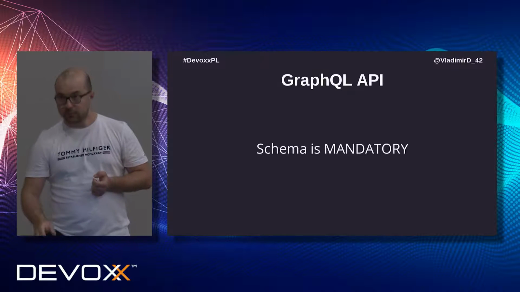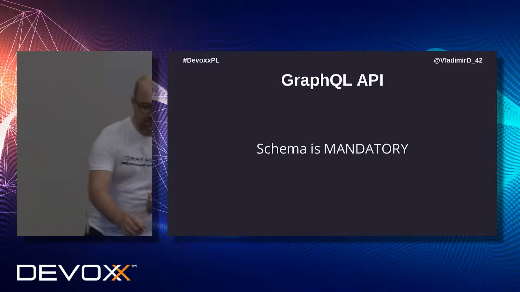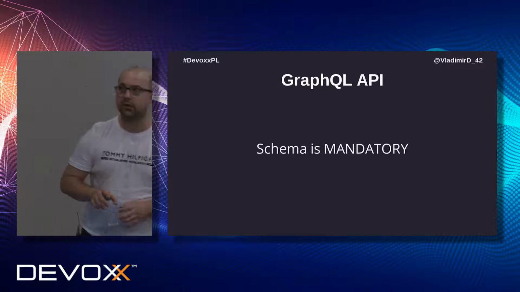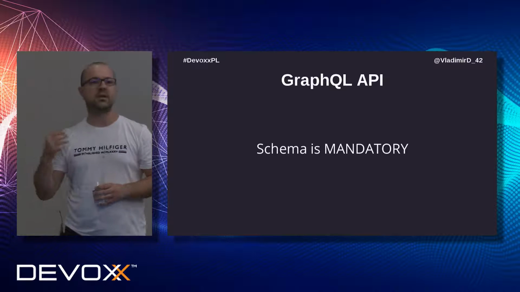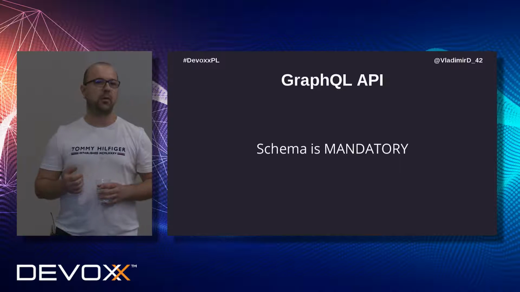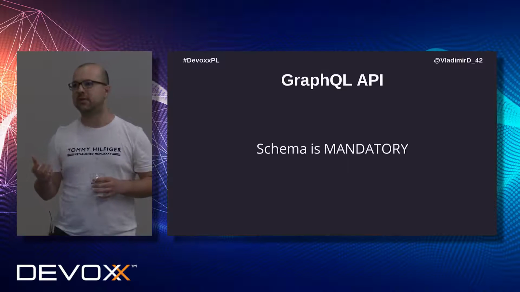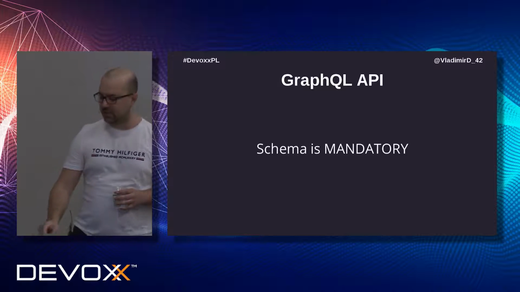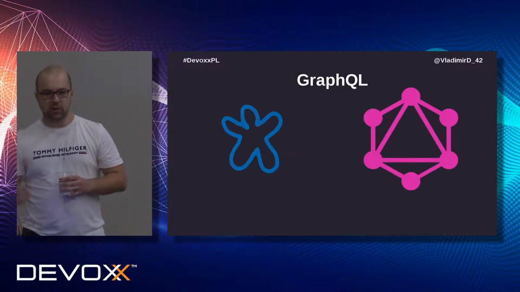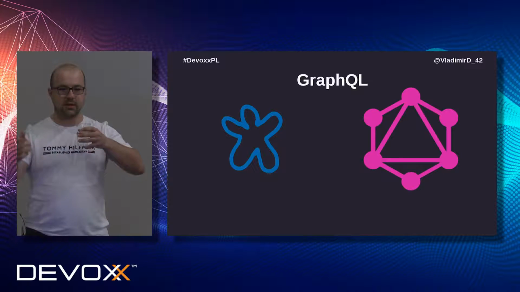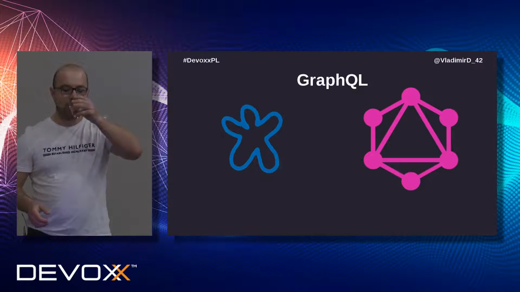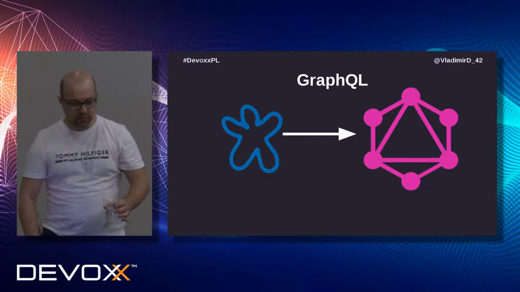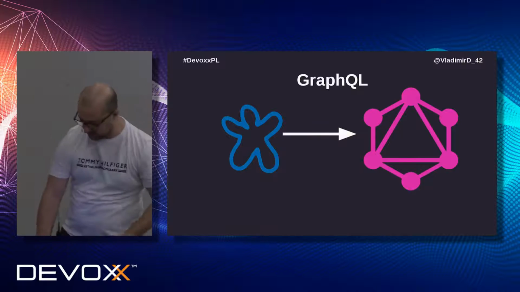One thing to remember is that in the case of GraphQL, schema is mandatory. If you come from the REST API world, you probably know schema is optional, at least in REST. Well, in GraphQL, it's mandatory. And the reason why it's mandatory is very simple. On the initial connection, we have a client and a GraphQL API. When the client connects, the server will send back